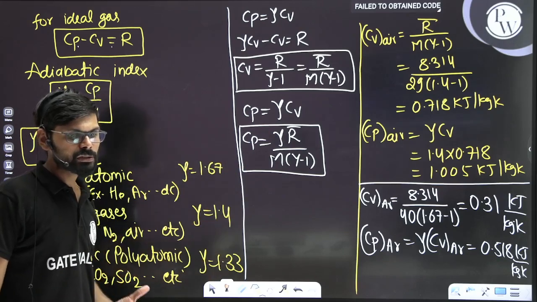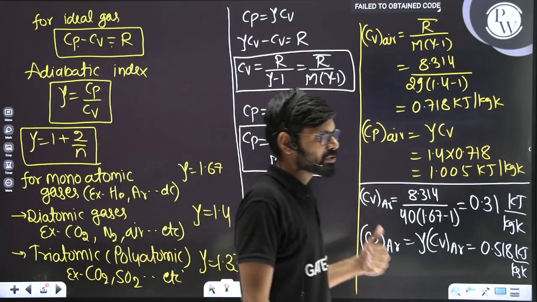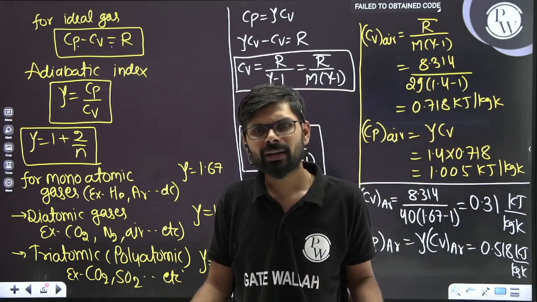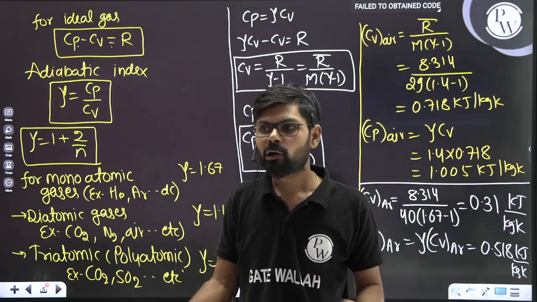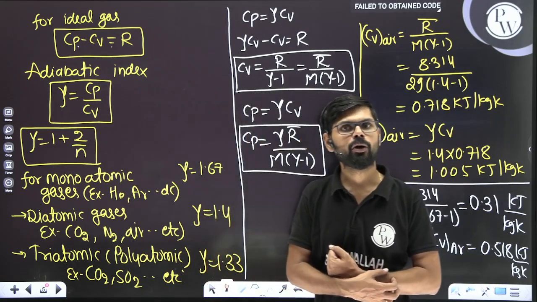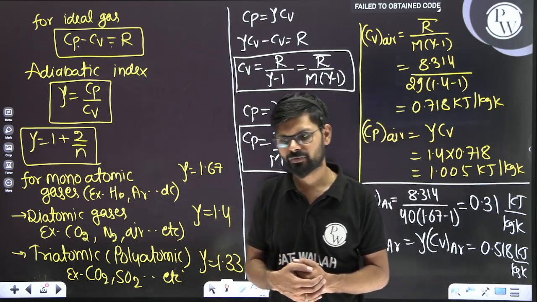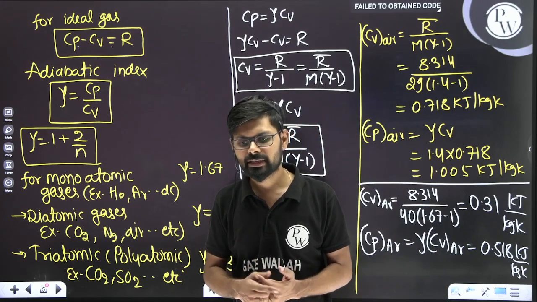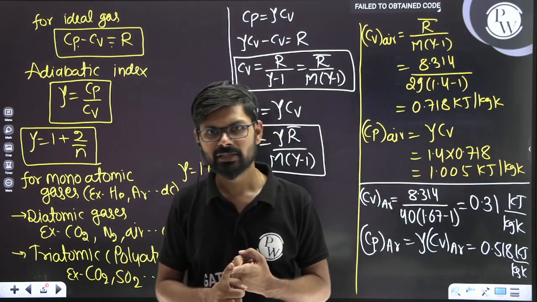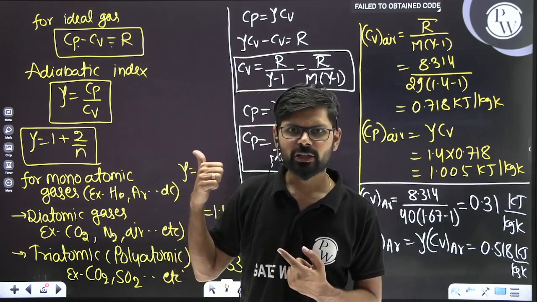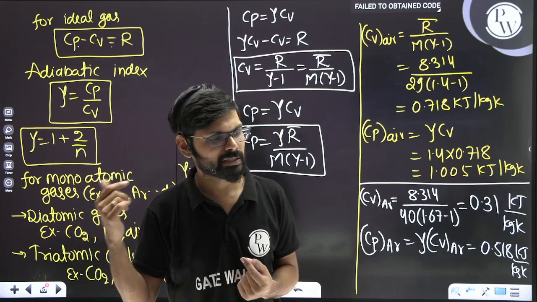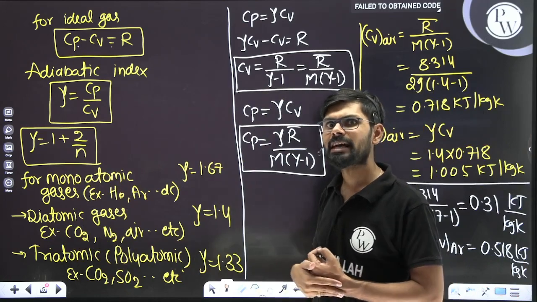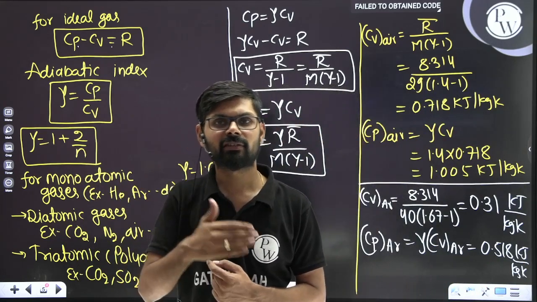Why? Because whatever we are going to start discussing, our major discussion is the concept of this ideal gas. Up to now we have only seen the mathematical form of the ideal gas. We don't know the physical meaning of the ideal gas. So in the next class we will discuss the physical meaning of the ideal gas, right? Can we prove this equation PV is equal to MRT with some other method? Obviously there is one theory called kinetic gas theory. Then what are the assumptions we need to take? What is the difference between real gas and ideal gas?